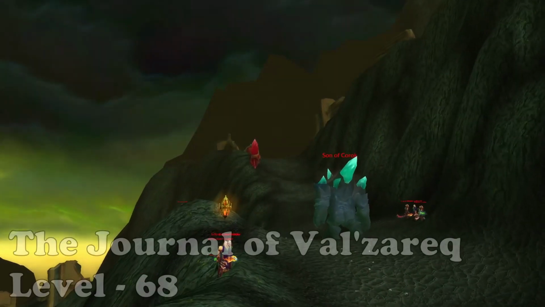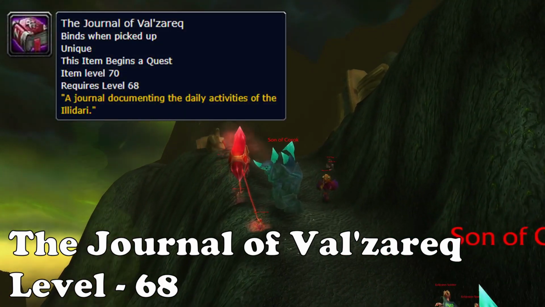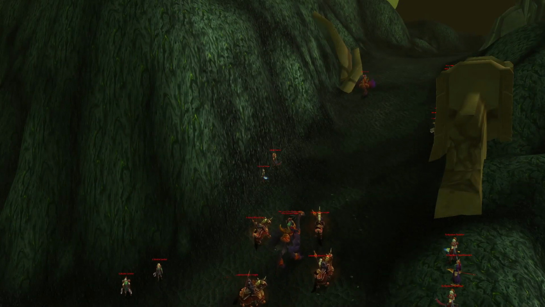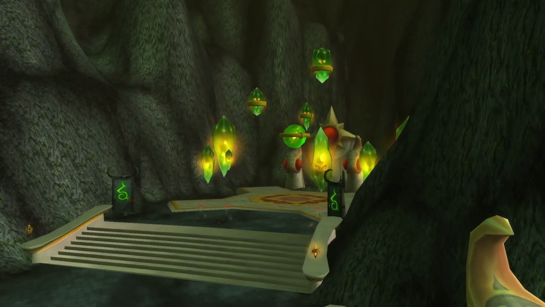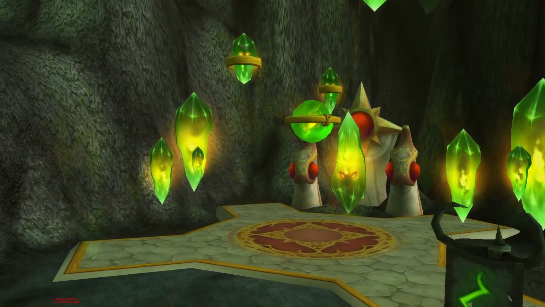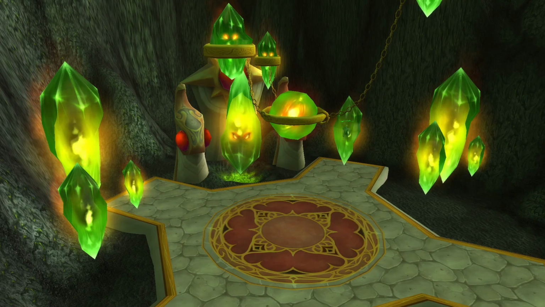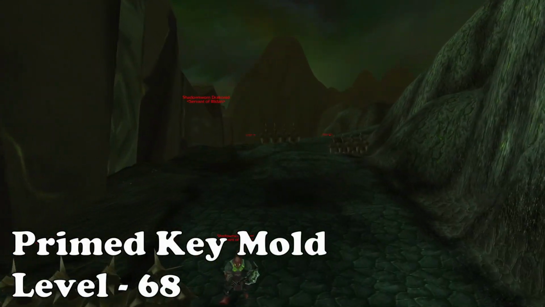The next item that drops in this zone is the Journal of Val'zareq, which drops from Val'zareq the Conqueror, who is found patrolling around the Path of Conquest. The item he drops is pretty special because it starts the quest to get the Illidari Tabard and some nice blue rings you can choose from. This is quite a special quest and you need a nice group to complete it, but you will get some nice things from it. The last item you can get in this zone but do the quest in Hellfire is